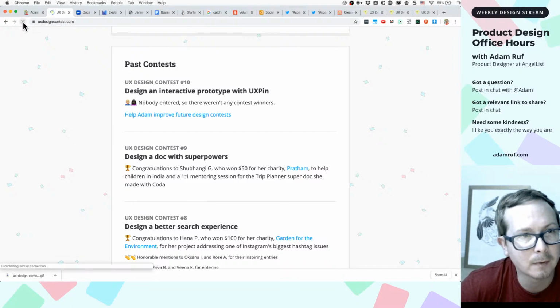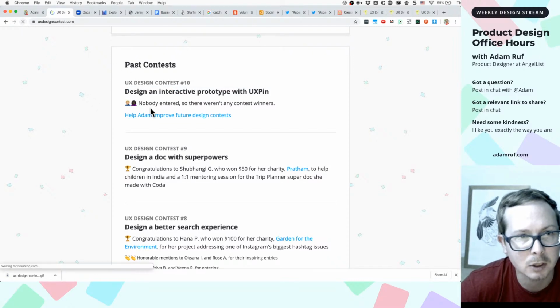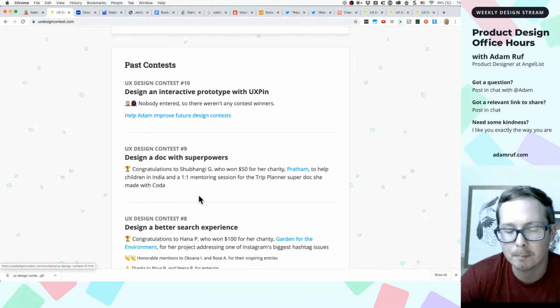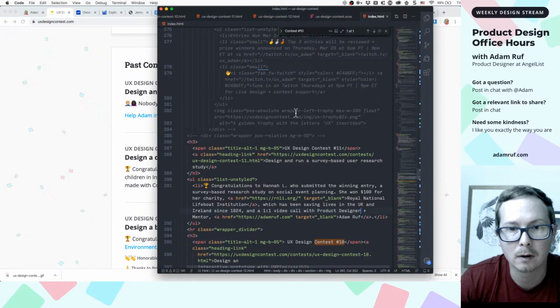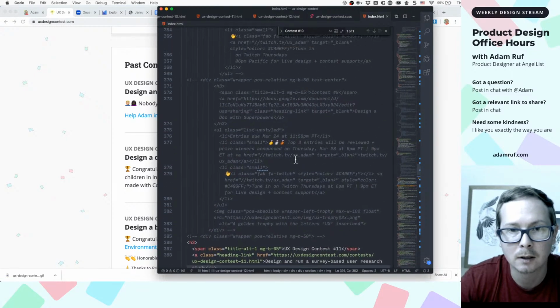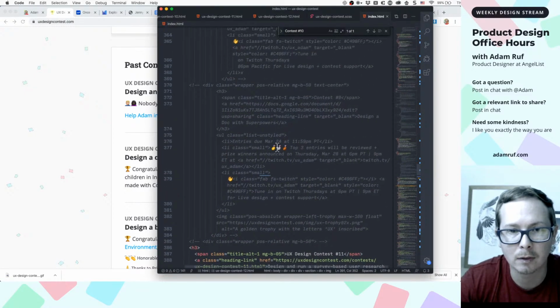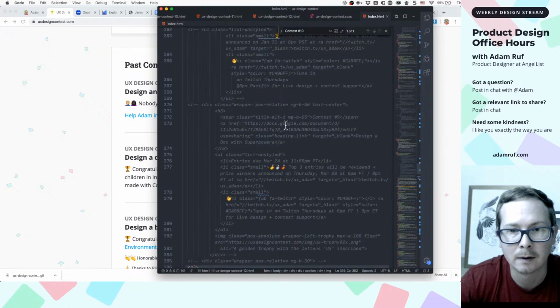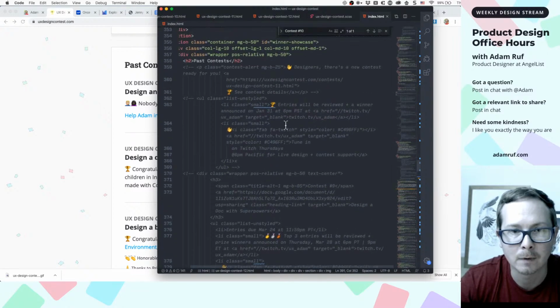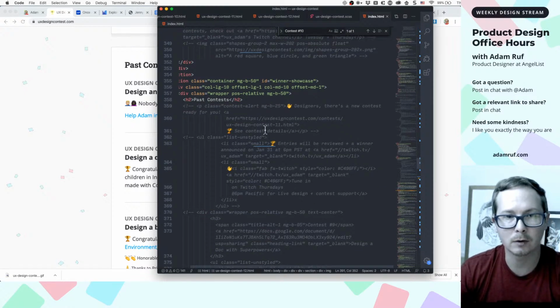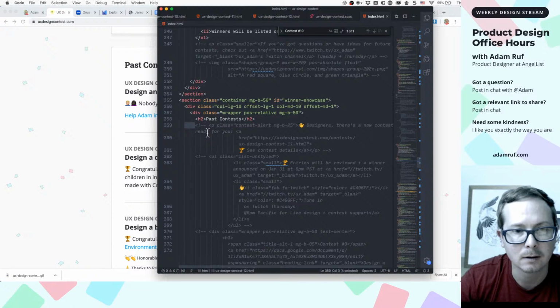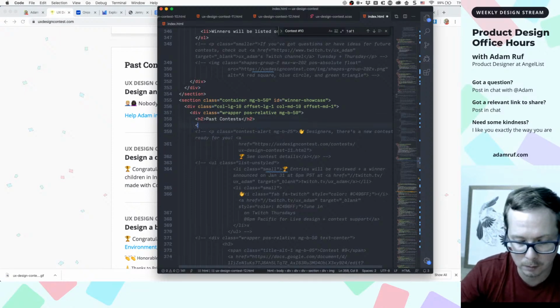I found that sometimes the thing that will make it appear faster is just to do another little commit and push it to GitHub. Seems like I get impatient here and then I do some little change. So let's come up with a little change like this. There's a new contest ready for you. That's in past contest. It's a little weird. So maybe we do,